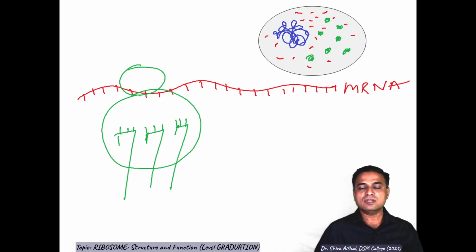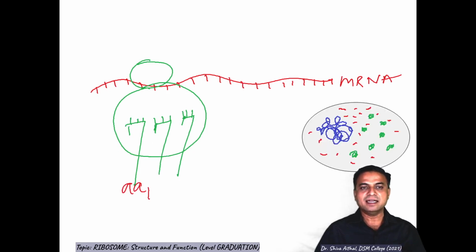So here today the focus of discussion is ribosomes. Ribosomes are the sites for protein synthesis, where the actual assembling of amino acids takes place, mediated by tRNA, which are called adapter molecules. Those come here and they come with amino acids. Each tRNA contains an anticodon site. See here, these are the anticodon sites of the tRNA, and this is the amino acid binding site for the tRNA. Each tRNA has an anticodon binding site. With the laser pointer, you can see the anticodon binding site, and at the bottom there is the amino acid site.